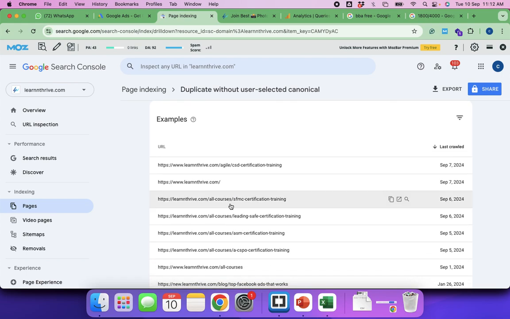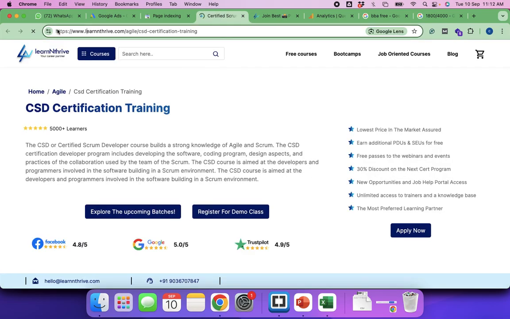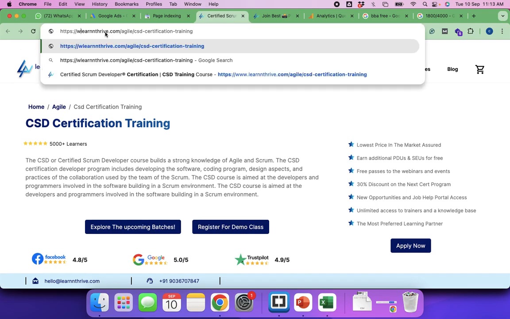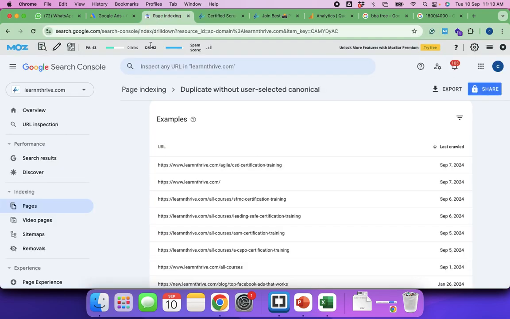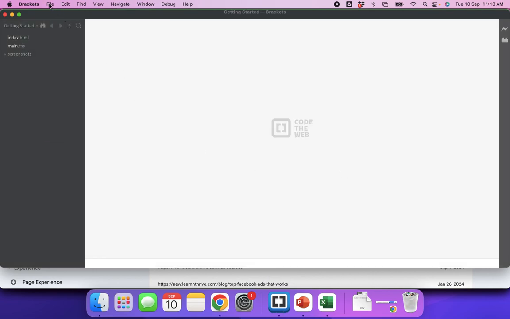Duplicate with user-generated canonical. See, bots are basically seeing two versions of your website. Look at this, we don't have the www version, but the bot is able to see the www version as well. If I remove www, you see your website. See, with https://www, with the w, and without www can be treated as two different websites. HTTPS and HTTP are again treated as two different versions of websites. So basically you can have multiple versions. For us there is no difference. For us it's all very simple,